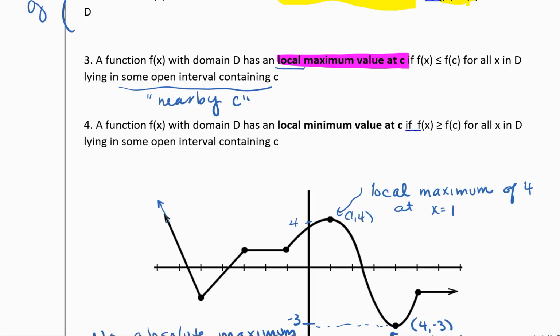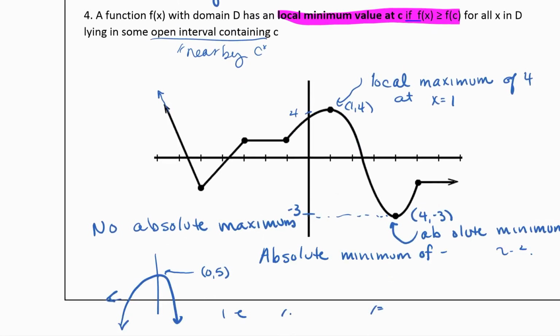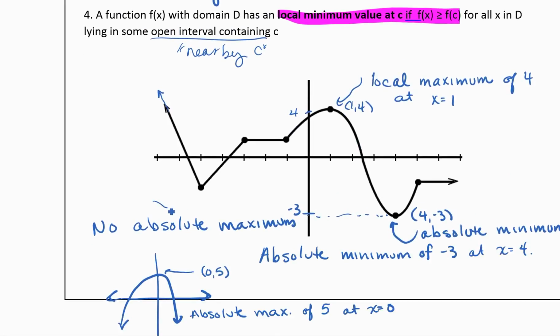Okay, and local minimum is very similar. A function f of x with domain D has a local minimum at c if f of x is greater than or equal to f of c for all x in D in some open interval containing c. So again, that just means nearby c. Okay, so this graph has a couple local minimums. This point down here, so local minimums are kind of the bottom of a valley. So this would be a local minimum,